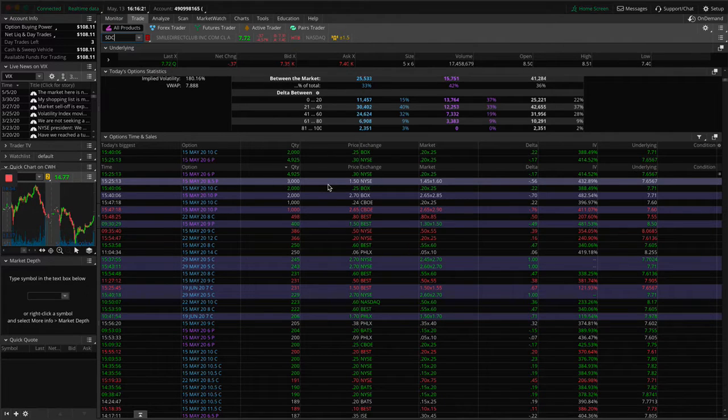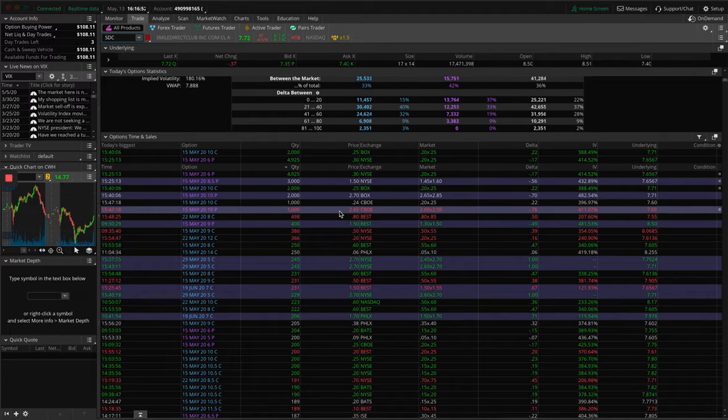You'll look for large trades that were placed either between the bid and ask price, or even better, above the ask price, because that means the trader is pretty certain that that's going to be the direction of the price after hours. So here, this doesn't mean much to me because they could have been,